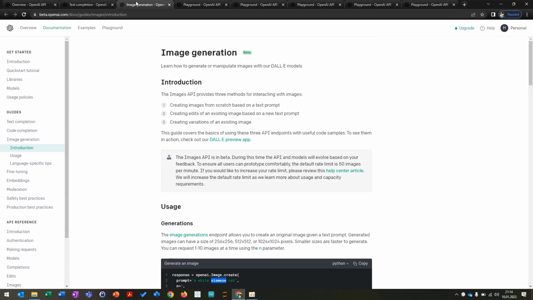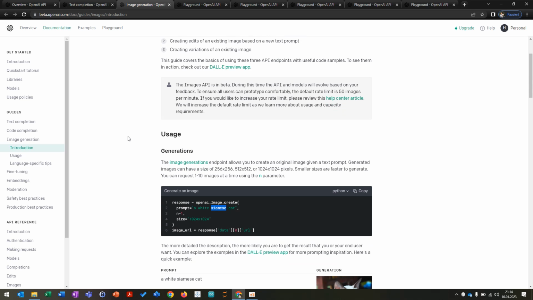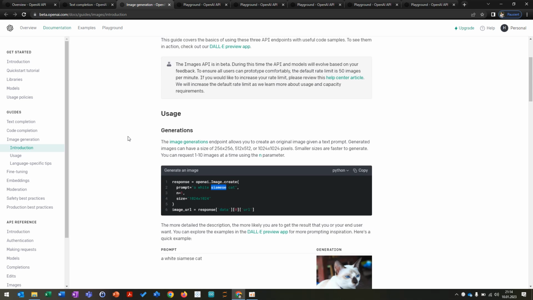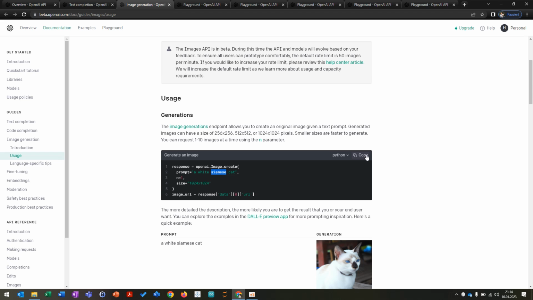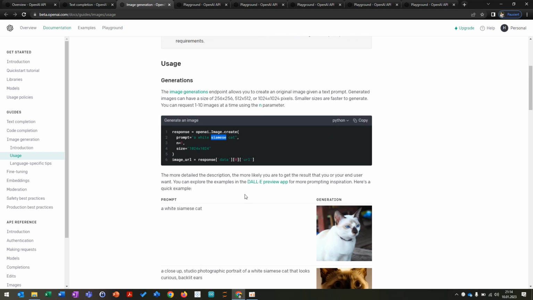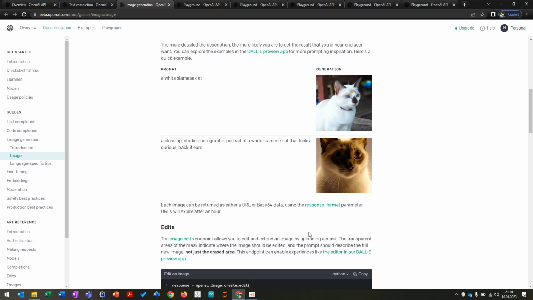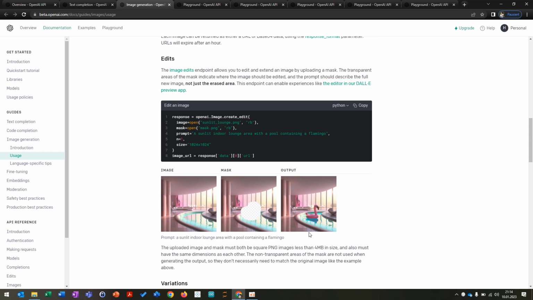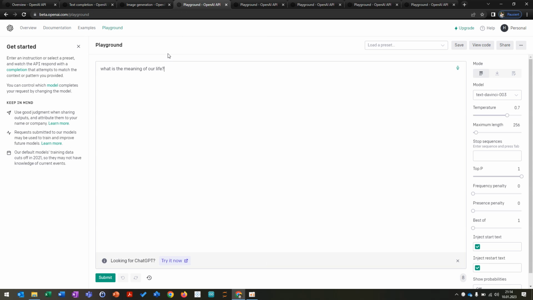And this is basically the image generation, for instance, which you can do, which you can just copy and paste and hit on Python. So this is the Python code where you can use the API to generate cats or some other things that you would like to be generated. And what I wanted to show you today is the beta version, or the beta playground version of